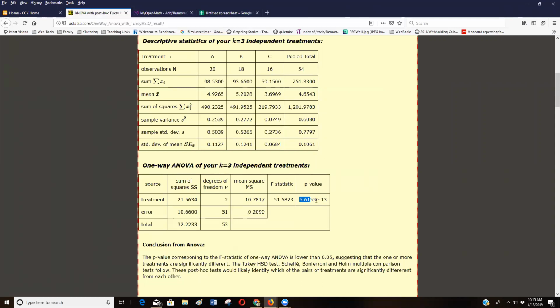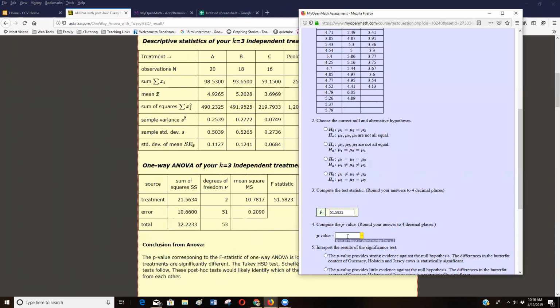The other thing you've got to notice is it's e to the negative 13. That means it's expressing it in scientific notation. So this is times 10 to the negative 13, which means we're going to move that decimal point 13 places to the left, which means the p-value is actually 0. Very unlikely to happen due to chance. So if I come back to my applet, I'm going to type in 0,